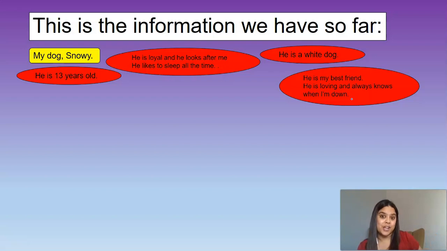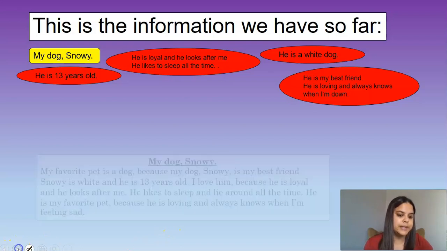So with that in mind, we're going to use that to start structuring our paragraph. Remember, I need to find a way to start this paragraph. So I need a topic sentence. And the best topic sentence is to use the title or the topic of the activity. So the topic is, I need to write about my pet, or a pet I'd like to have. So the first way I would start my topic sentence would be,